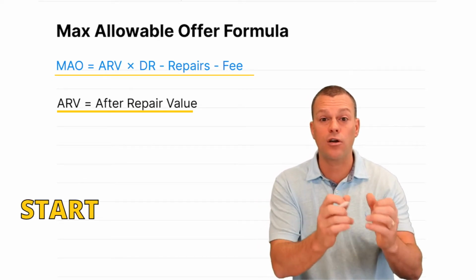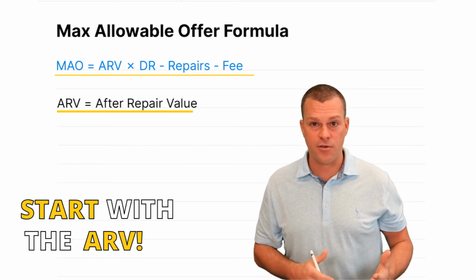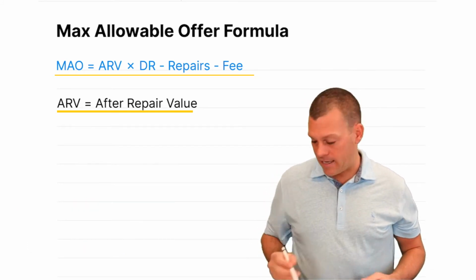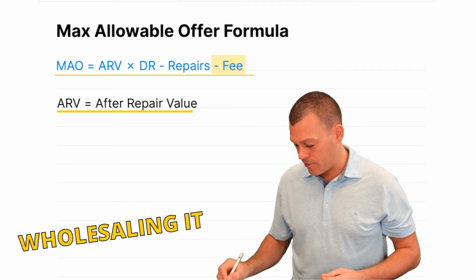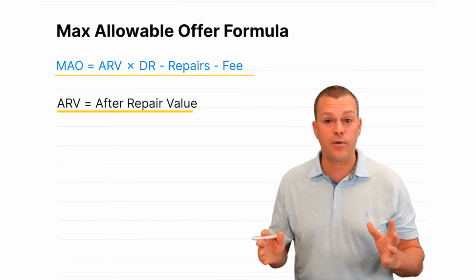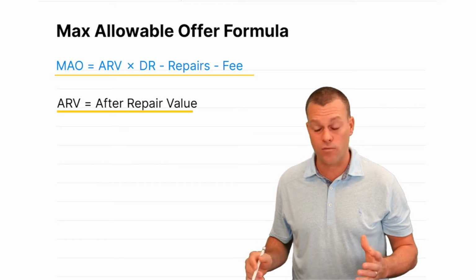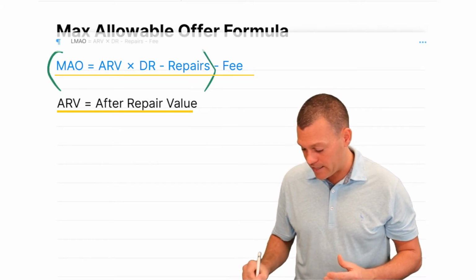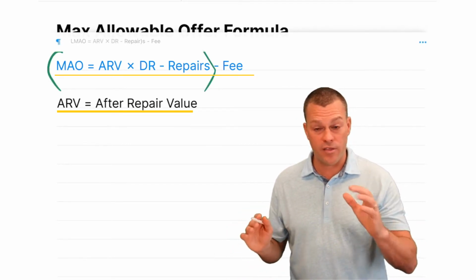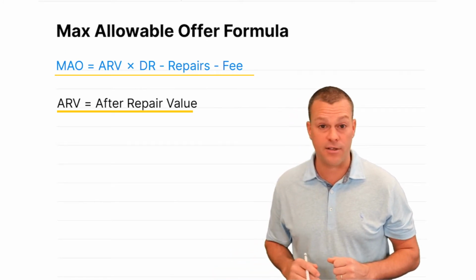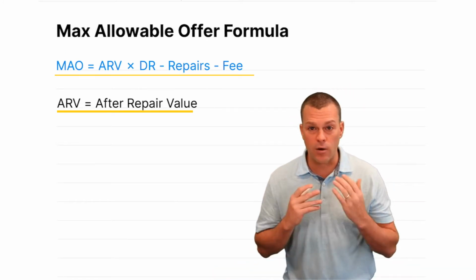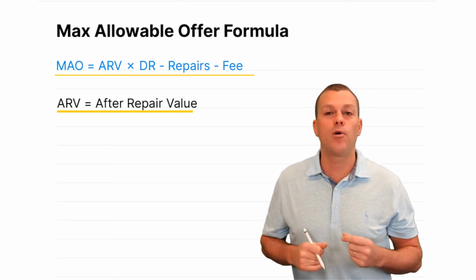Okay, so we start with the after repair value. And we're only gonna essentially take the fee right here, right? If we're wholesaling it. If we're not wholesaling it, then we won't need the fee. Okay, so really the equation could look like this right here, without the wholesale fee, assuming we were not gonna wholesale it, all right? So ARV is where we're gonna start, and this is probably where most people get the